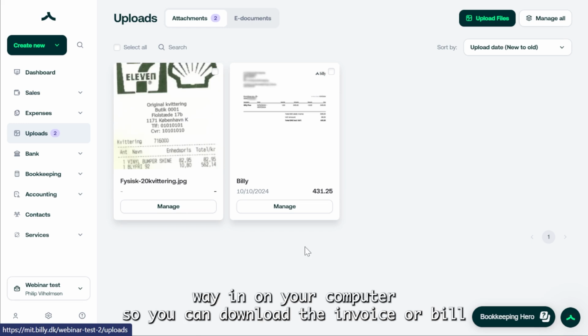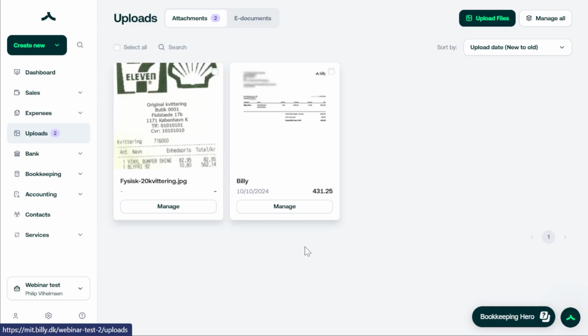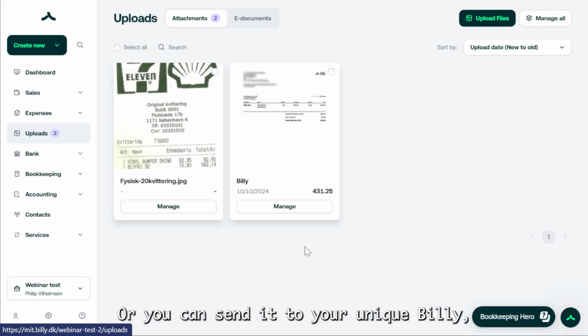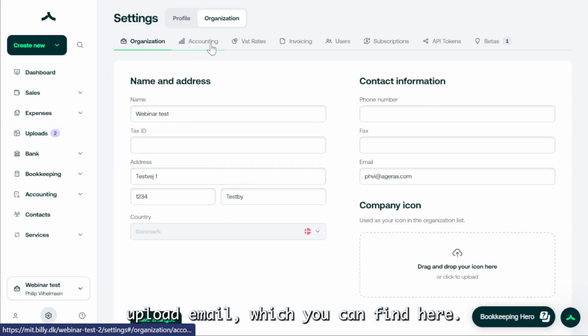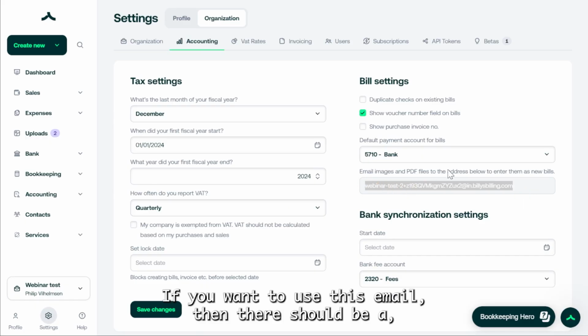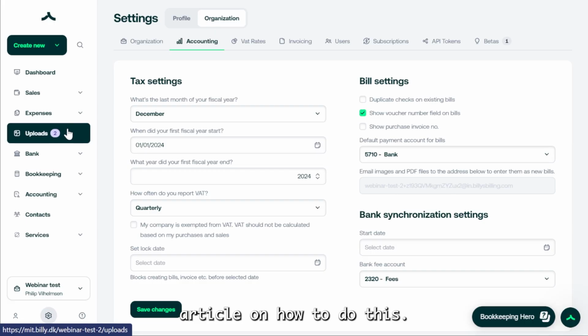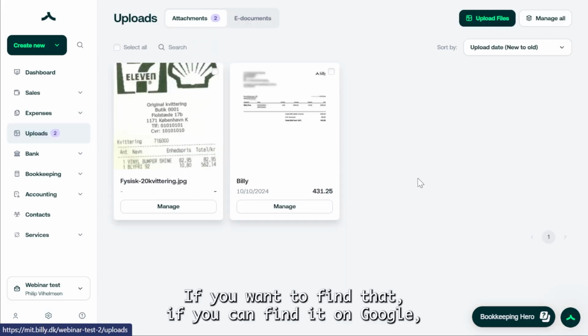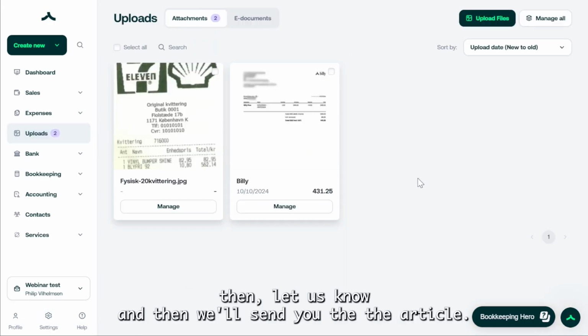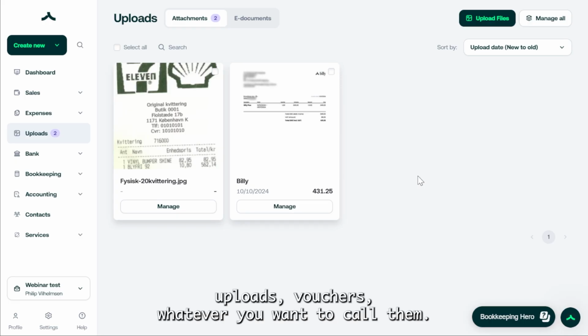So you can download the invoice or bill that you've gotten from your vendor and then upload it manually. Or you can send it to your unique Billy upload email, which you can find here. If you want to use this email, then there should be an article on how to do this. If you can find it on Google, then let us know, and then we'll send you the article. But those are the 3 ways to upload vouchers, whatever you want to call them,